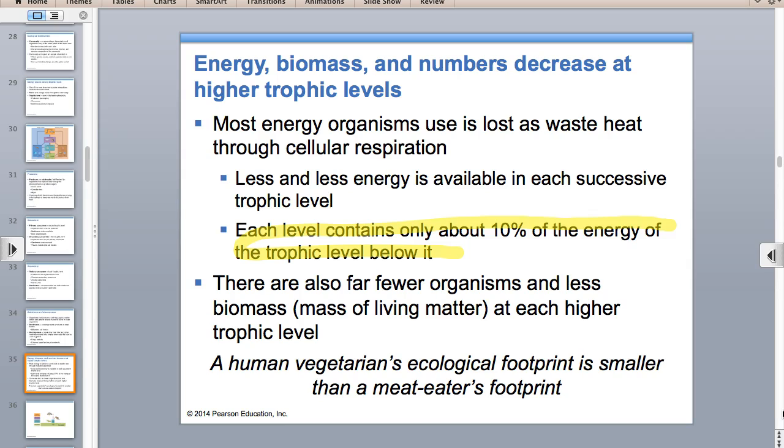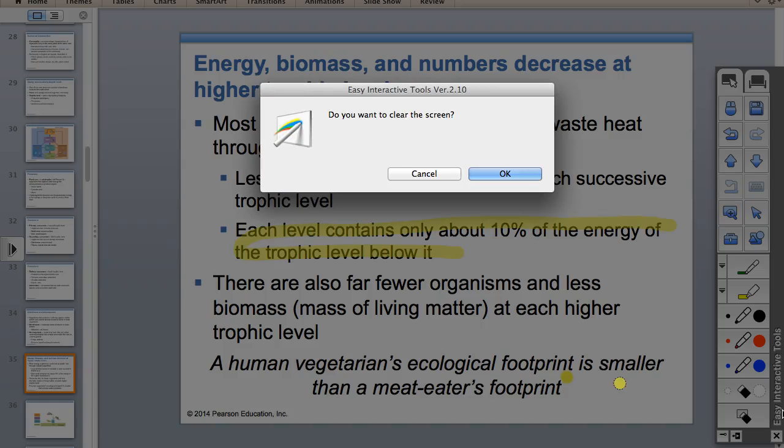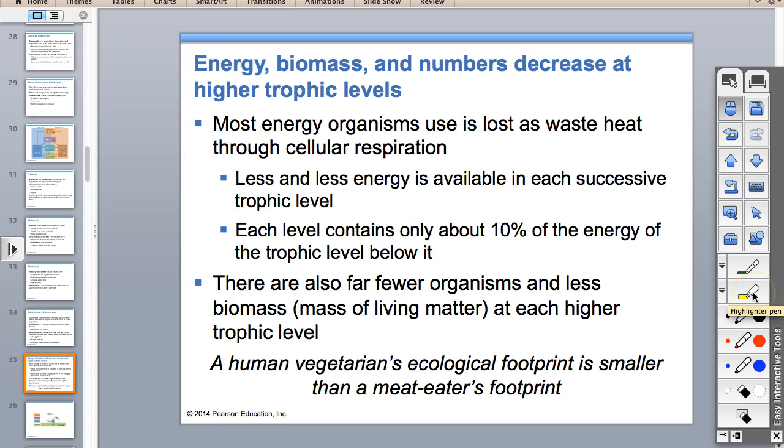So anyway, connecting back to the environment, if you're a vegetarian, you're going to have a lower ecological footprint because of that loss of energy at each trophic level. And then there are other things like refrigeration of the meat. There are also things like packaging and processing of the meat. And so we have climate change issues because of methane from the cows, right? If we're talking about cows. And then what about the waste from the chickens? Maybe that will get into water and cause problems. So there are huge issues with eating meat on an environmental level. I'm not telling you to be a vegetarian. I'm just telling you that there's a little bit more to it.